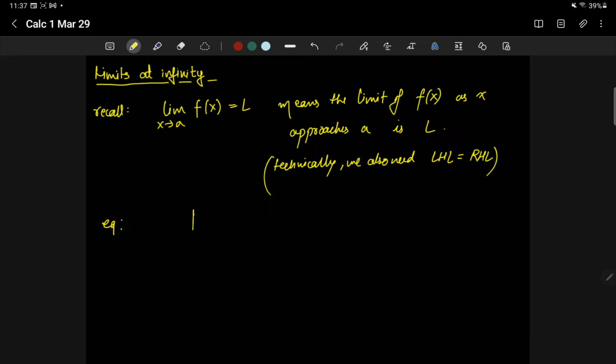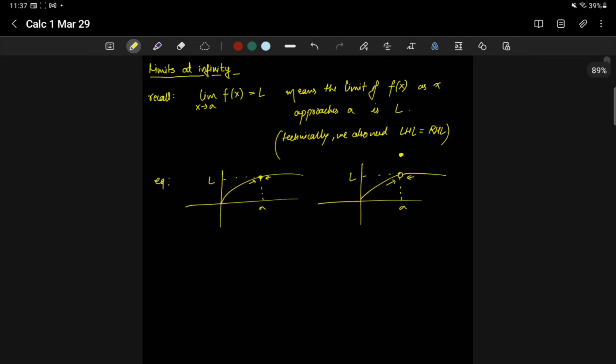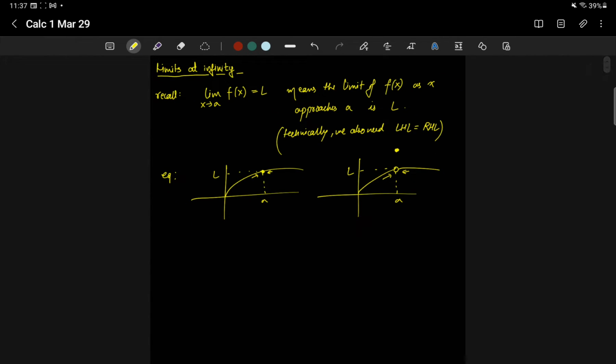So for example, if you look at a graph, if you have a continuous function, then it's easy. It just means that whether you come in from the left or you come in from the right, you're approaching the value L. But you could also have a discontinuous function, and this is still valid because again, it says that if you're coming in from the left and you're coming in from the right, your best guess for what happens at x equals a is still L, and it still agrees on both sides. Therefore, when we say limits at infinity, right,